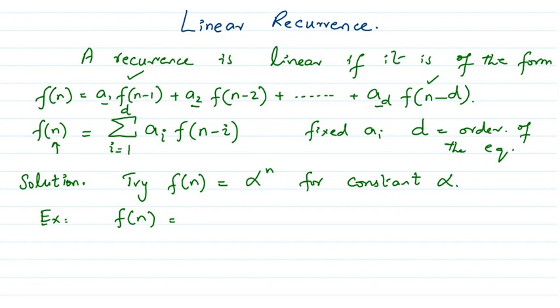Suppose that f of n is f of n minus 1 plus f of n minus 2. I'm starting with a very simple example, and then we are going to try some other questions with different possibilities. For example, मेरे पास इक्वेशन है जिसका मैक्सिमम डिले n-2 तक जा रहा है. You can very well tell me what will be the order of this equation.